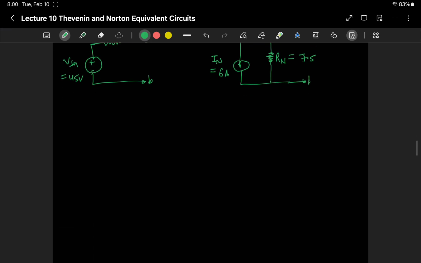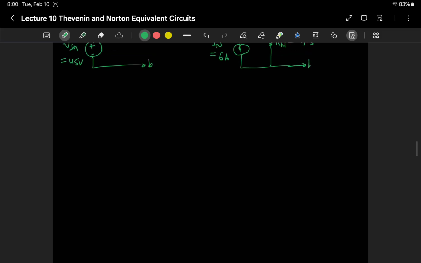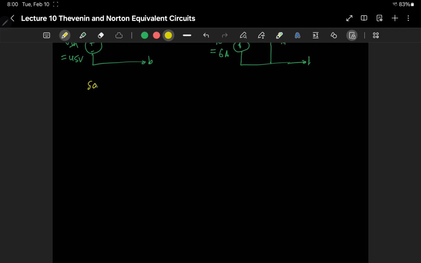We can use source transformation again to solve the same problem we did earlier, and then we'll see the Norton to Thevenin, which is basically current to voltage and voltage to current transformation. Let's do that using source transformation method. Source transformation for the same problem, okay, the earlier problem, which was